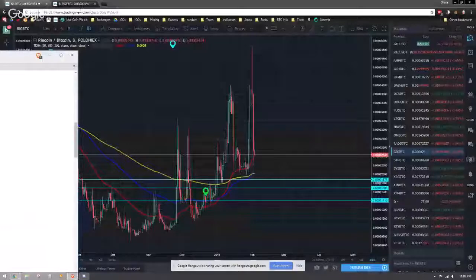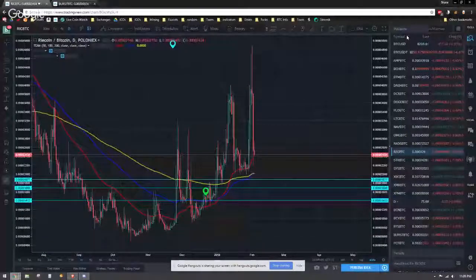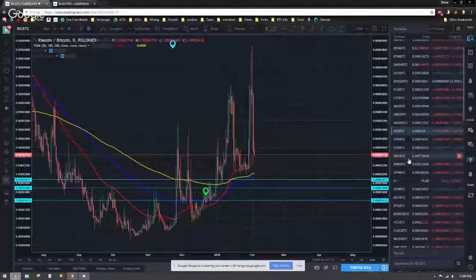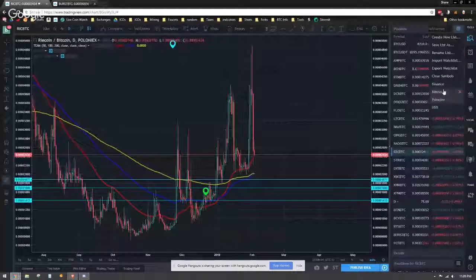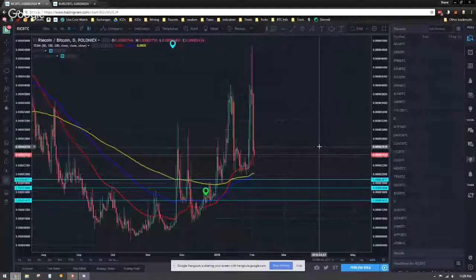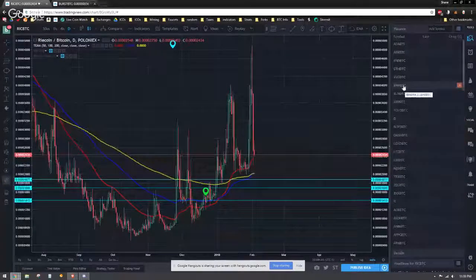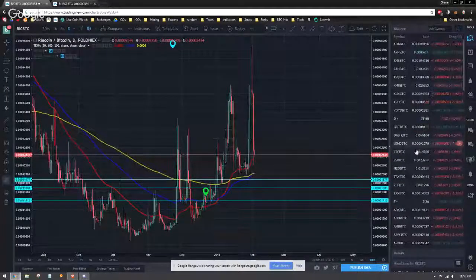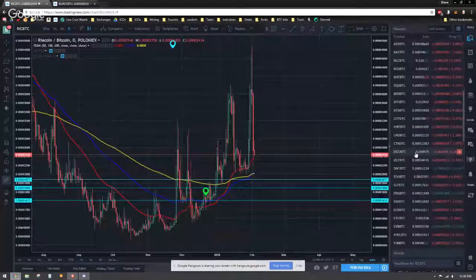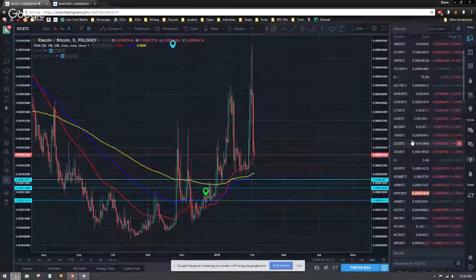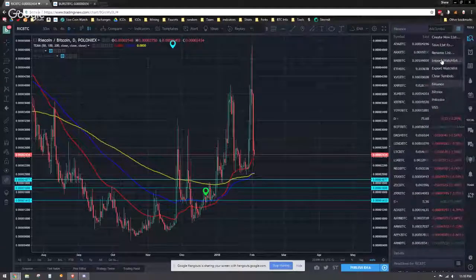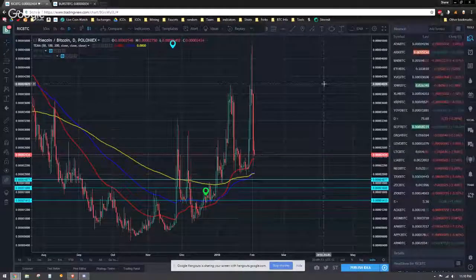So what I do is I have all these pairs that I'm watching. This is just my Poloniex pairs. If I go to Binance, for example, once it finishes loading, you'll see there's a whole other list of different pairs that you can play with. What's powerful about this, though, is that you can use CoinMarketCap to copy all the different pairs that are on Binance and actually create a